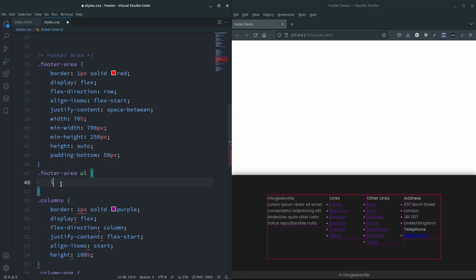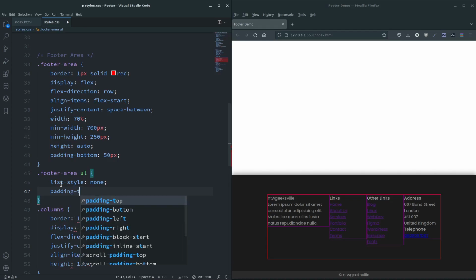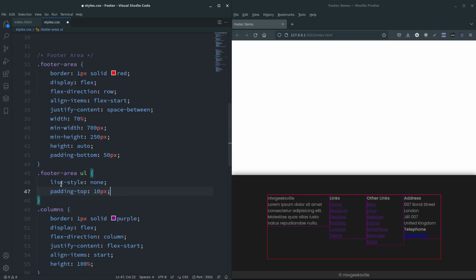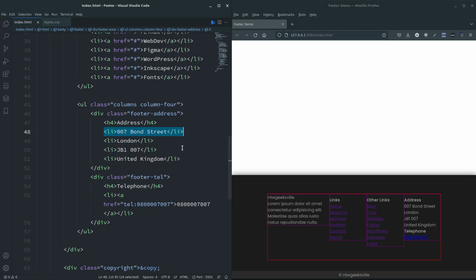So I'm going to say list style none to get rid of the bullet points like that, and also padding top of 10 pixels to space them out, but also I want the address lines to line up with these, otherwise it's going to look a little odd. So where are we? Column 4 UL LI, footer address. So